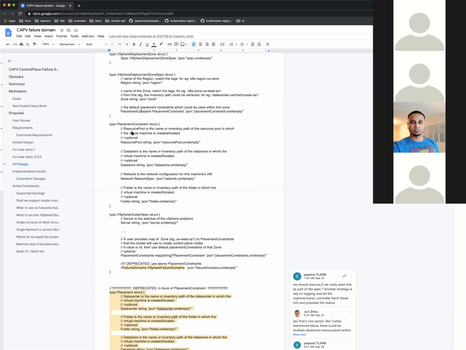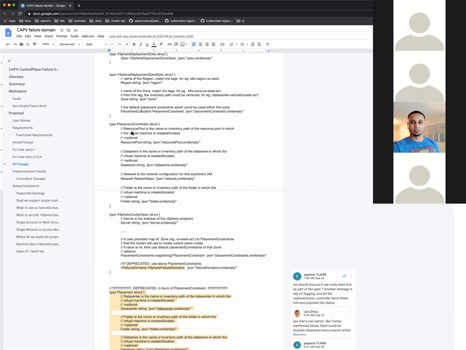That's my understanding. So can you tell me, in the context where we want multiple clusters, if we have multiple of these deployment zone CRDs, then one cluster, another cluster can pick a different deployment zone CRD. Where is the disconnect there?